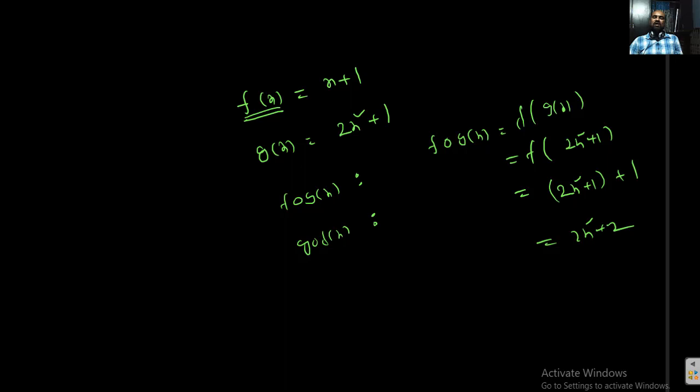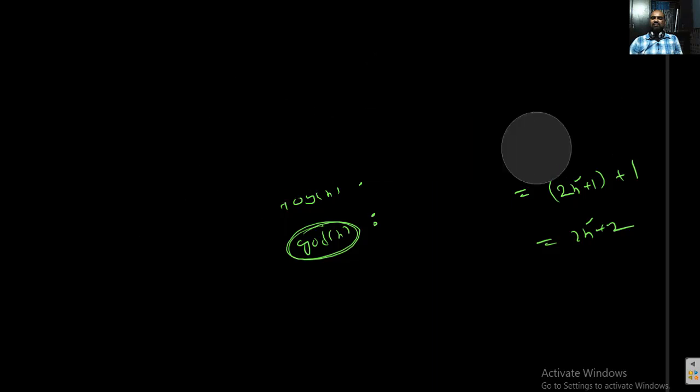The question is how to find the continuity of the resulting function g circle f, or sometimes f circle g. That's the interesting thing. So we have an important theorem, students. F is a function and g is a function. Sometimes g circle f exists, sometimes f circle g exists, sometimes both will exist. Now, under what conditions does f circle g become continuous?